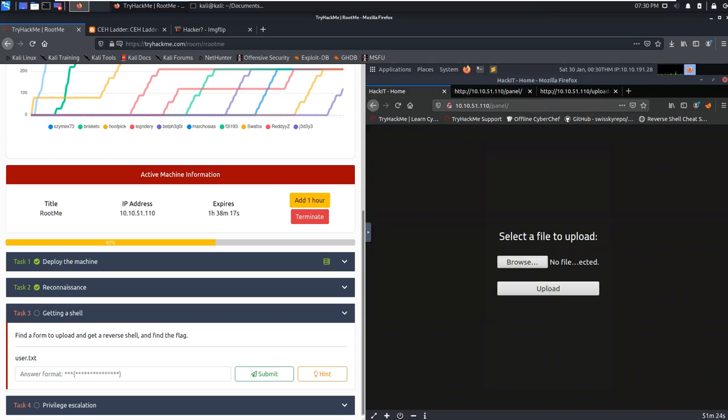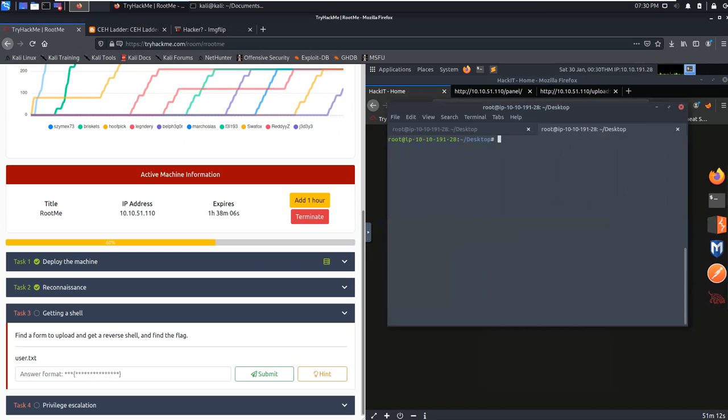Since we know that we should get a shell on here because of the clue, let's try uploading a PHP shell. I will clear this out, I don't need that anymore. That will probably go into some type of report or your notes at that point. But let's see what we can upload. Let's try creating a reverse shell from PHP. If you're on this attack box, there is a pre-configured reverse shell on here. I believe it's in the, if I am correct in thinking,